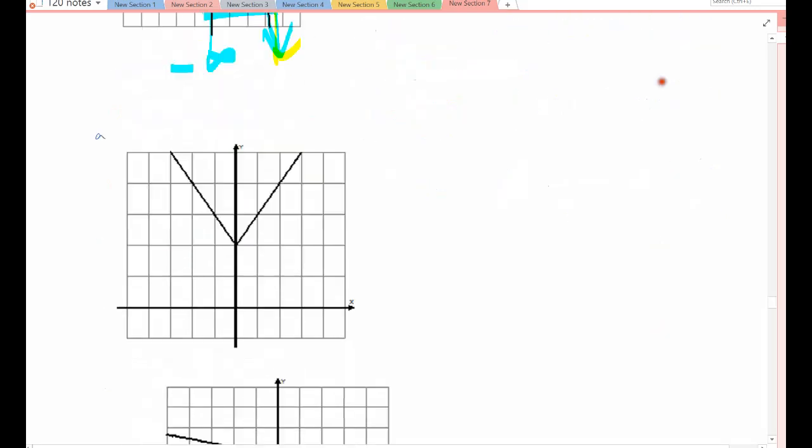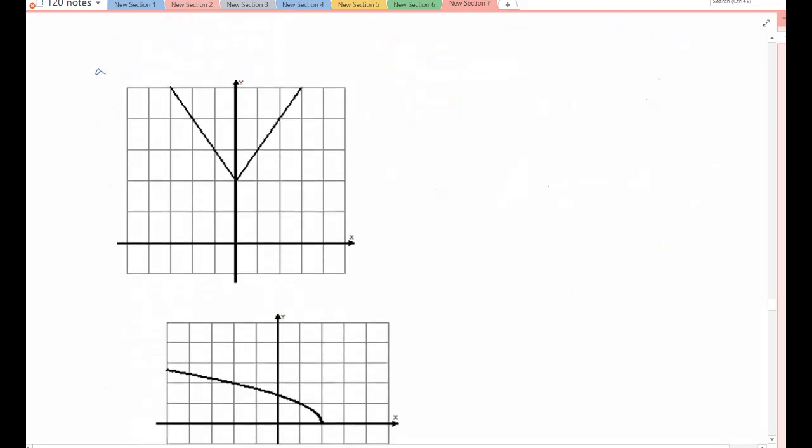Alright, the second problem, which is actually the first problem on your sheet, and again, the program doesn't put arrows in it, but that means shooting off forever. Alright, so there's my function. This is my x-axis. This is my y-axis. So the first thing is the x-axis. If you look,